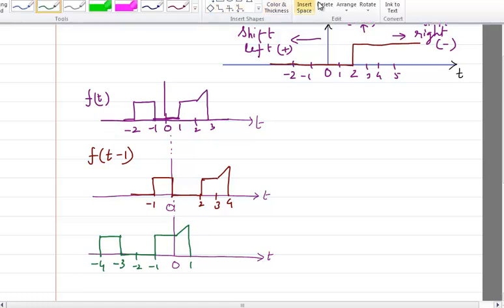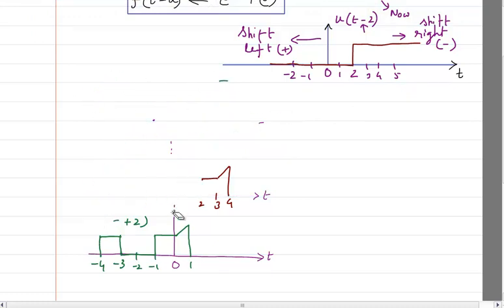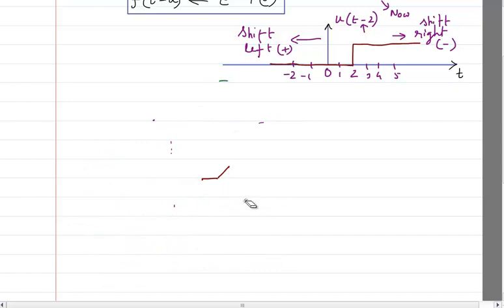So what I can say here is that this is basically f of t plus 2. So if I am going to take this signal to this side, that means the left side, I will use a positive sign here. So this is t plus 2. And if I am going to take it in this direction, then I will use a negative sign here, and that is this one. Okay, so this time shifting, you have to be very clear in your head, because you should be able to write equations. We will come to that section, but right now I have explained this. Okay, so let me rub this one totally, and then we will continue with our property.